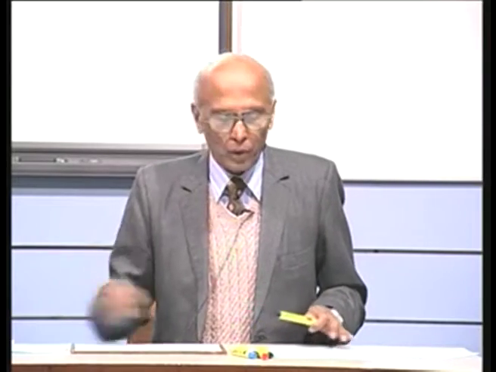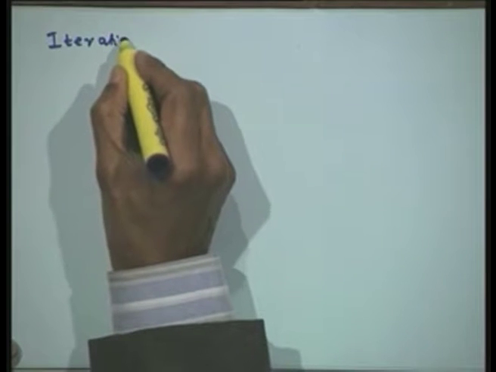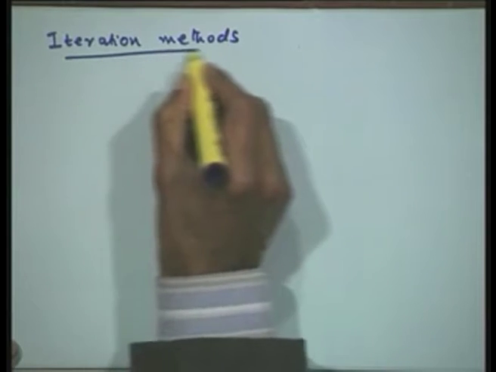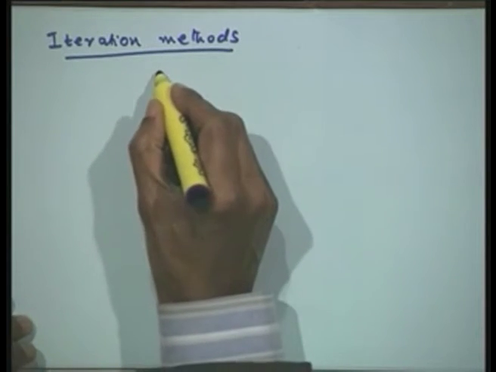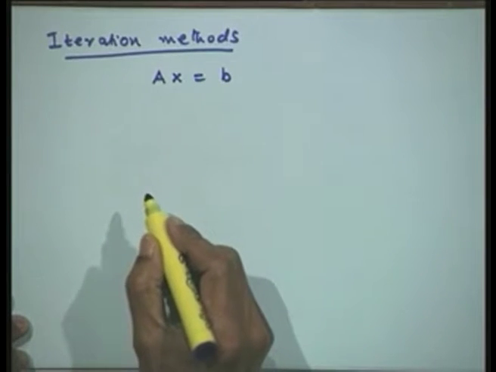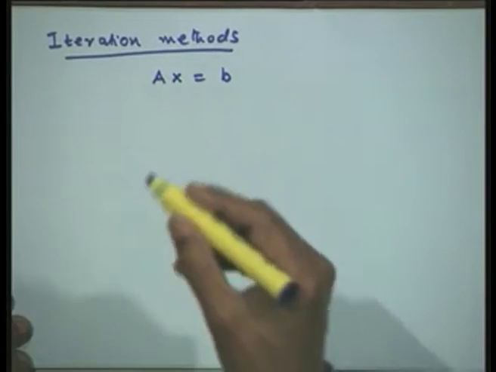Now, in the previous lecture we gave a brief introduction to the iteration methods for solving the system of equations Ax = b. Let us define what we explained last time. We have defined the iteration methods. We have again the linear system of algebraic equations Ax = b. Then we want to write an iteration method which iterates a given estimate, that is an initial approximation,